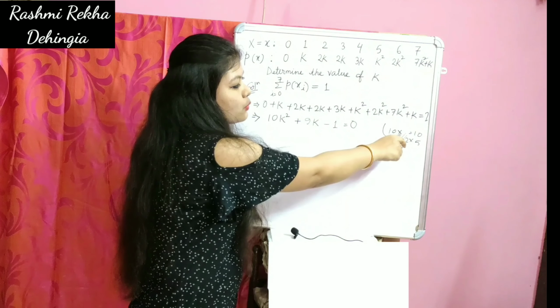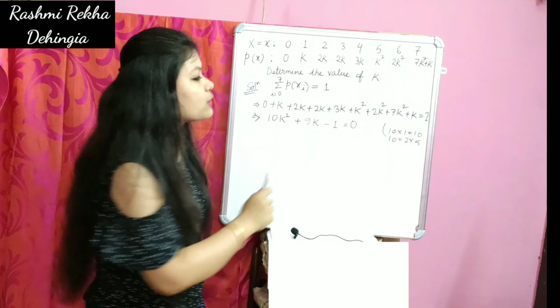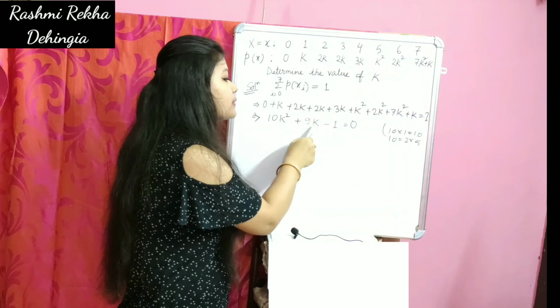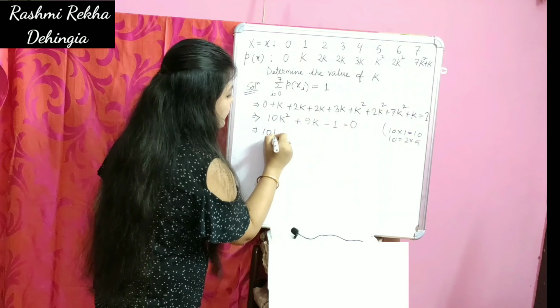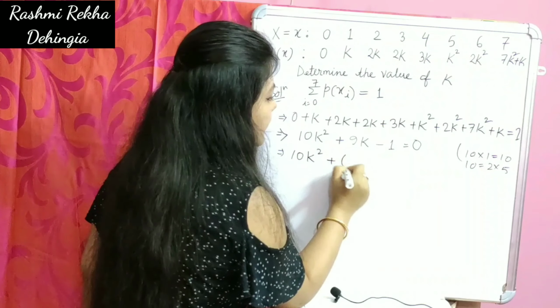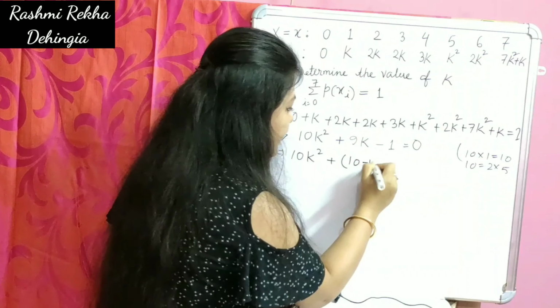But these values will not give you 9. But 10 plus 1 equal to 11, 10 minus 1 equal to 9. So this value can give you the coefficient of the k. Therefore, we will use 10k square in the place of 9. Now we can write down 10 minus 1